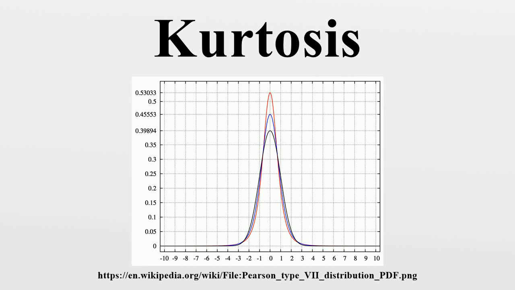In probability theory and statistics, kurtosis is a measure of the tailedness of the probability distribution of a real-valued random variable. In a similar way to the concept of skewness, kurtosis is a descriptor of the shape of a probability distribution, and just as for skewness, there are different ways of quantifying it for a theoretical distribution and corresponding ways of estimating it from a sample from a population.